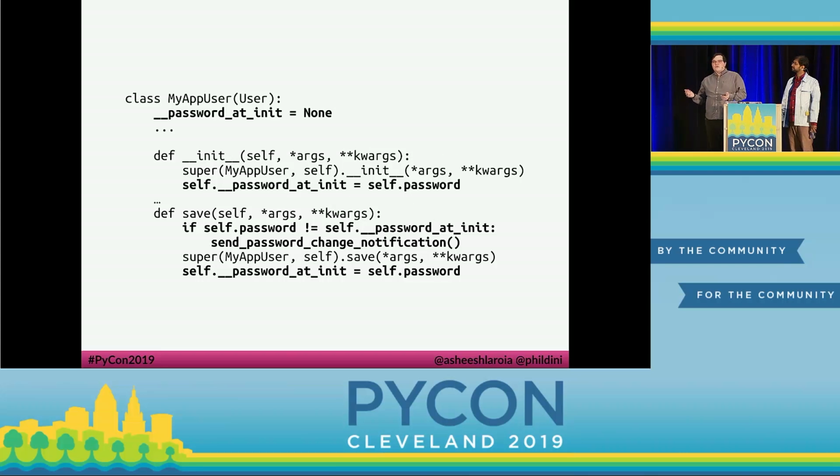So here's some example code. I'm not going to explain it line by line, and again, we're going to publish these slides later. We haven't tested this exact code in production, so your mileage may vary. But the Django model, which is a replacement for the user model, saves the password at the moment that the object is initialized from the ORM, and then compares that to a password being changed, and then sends a notification if the password has changed from when it was initialized from the database. Hopefully that's straightforward. If not, feel free to come talk to us afterwards.